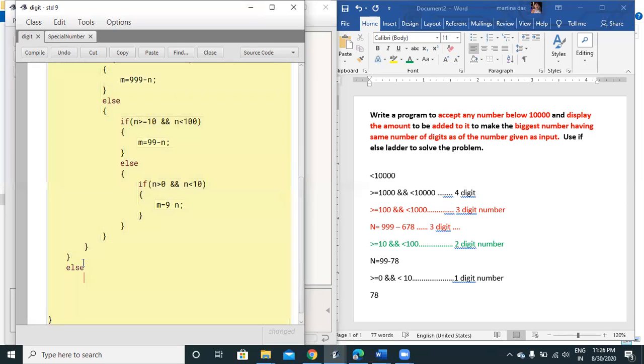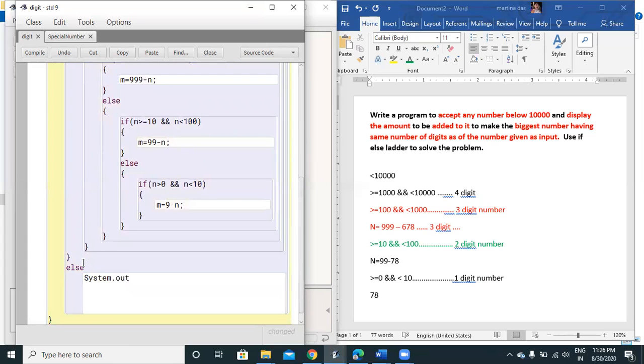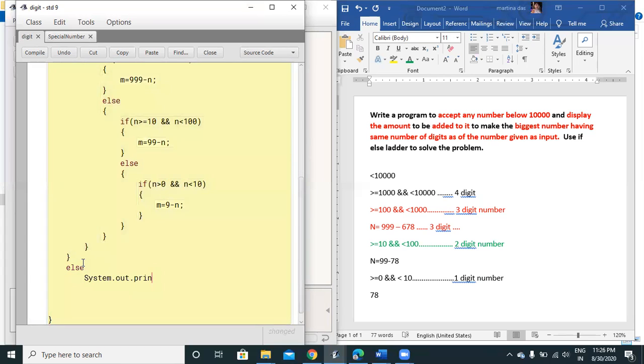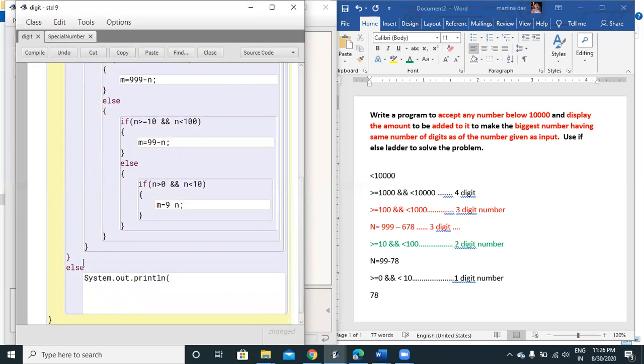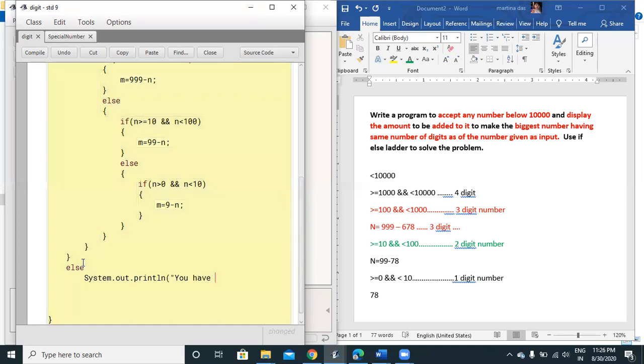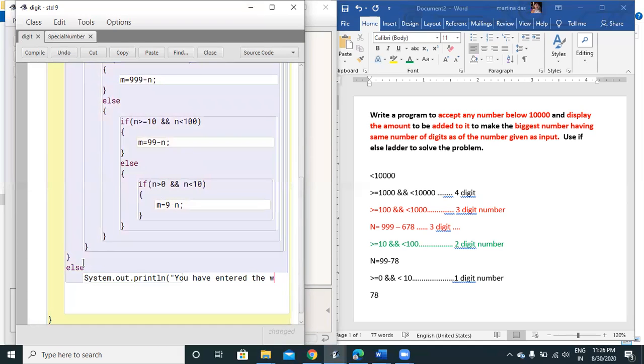It will prompt the user: System.out.println you have entered the wrong number.